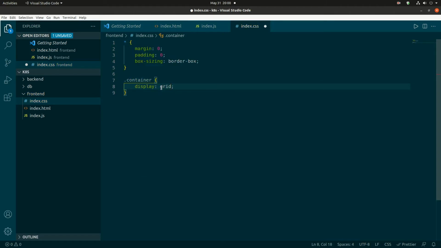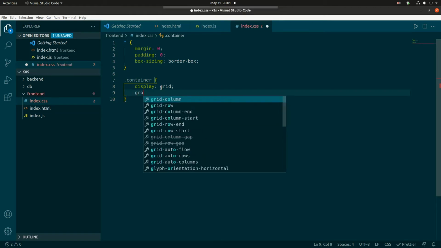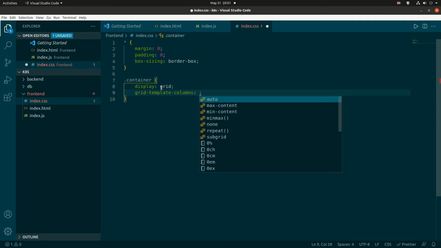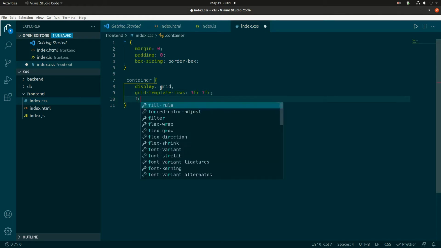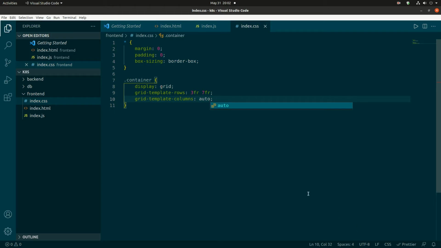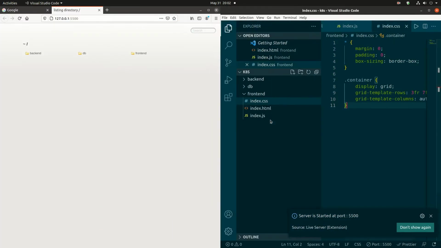I'm targeting my container. I'm gonna make it a grid element, and with a lot of this stuff, folks, don't get caught up in what is grid, what is this, what is that. The purpose of this video once again is to just show you folks the process of how I would do a small project or how I would build something, very minimal working product, just so you guys can see on a day-to-day what coding maybe could be about. So in this case of the container, as the name implies, I'm making a container. So by saying the template rows and columns,